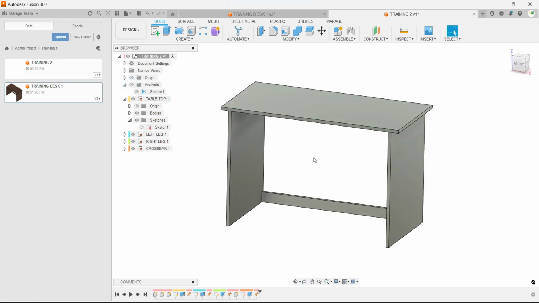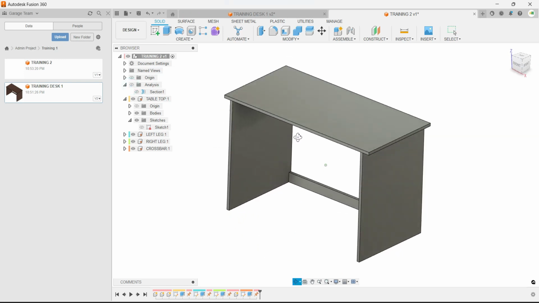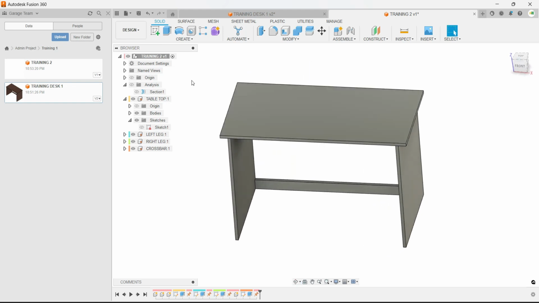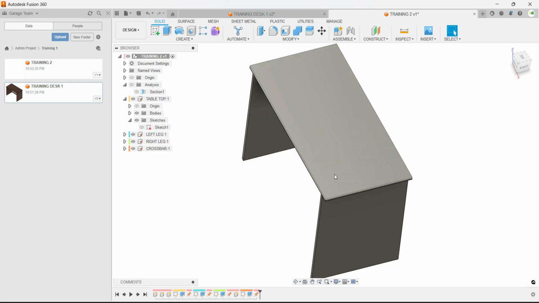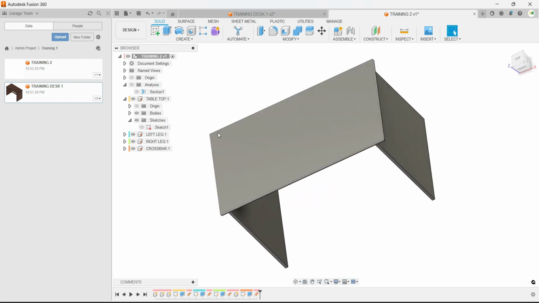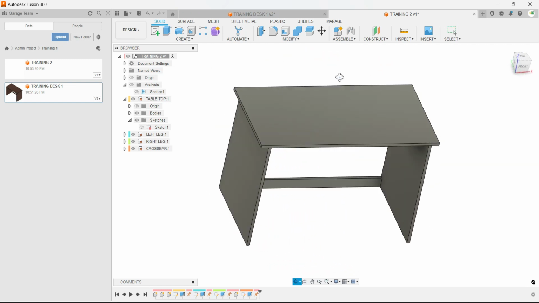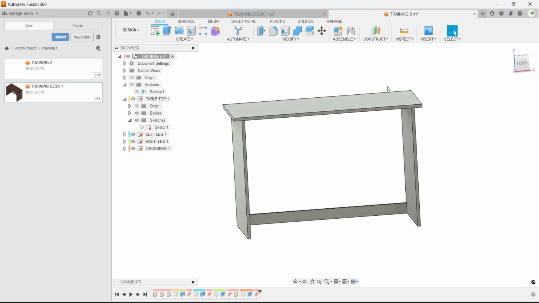So that's basically how you make a table in any 3D modeling software or a desk in any 3D modeling software. They all work the same. They just have slightly different commands. And you may do things in a slightly different order, but not by much. And then what we're going to do here is we're just going to change the appearance. So we're going to press A on our keyboard,